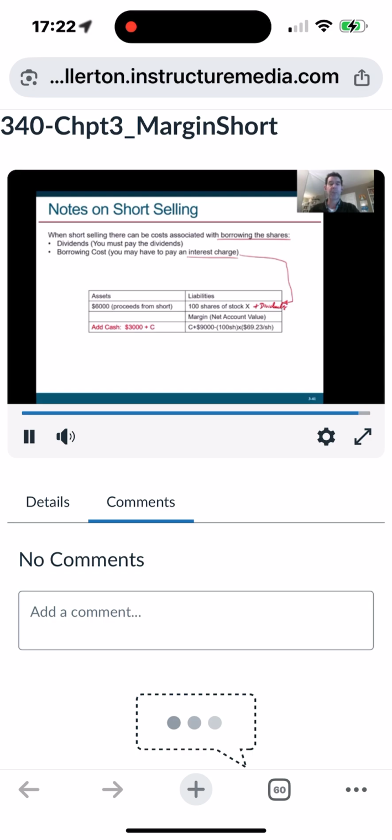So as you're doing problems, if they say, oh, it's paid a dividend of, I don't know, $100 or something like that for all the shares you borrowed, you would add that right into here. Or if it said there was a borrowing fee for borrowing the shares of so much, you need to add that into the liabilities in an appropriate manner. And so that just changes that amount right there. All right, so these costs would be added to the liabilities. All right, so that was the final comment that I wanted to make on margin calculations for short selling.